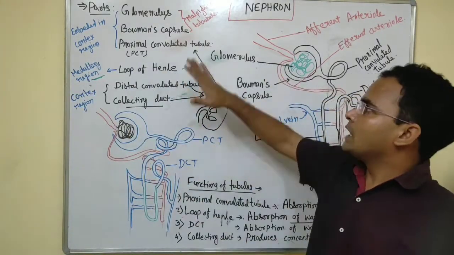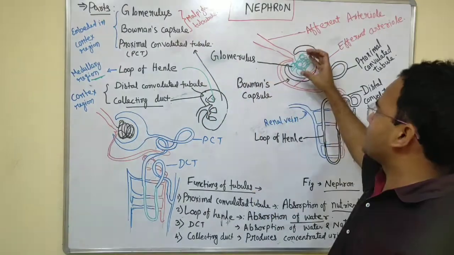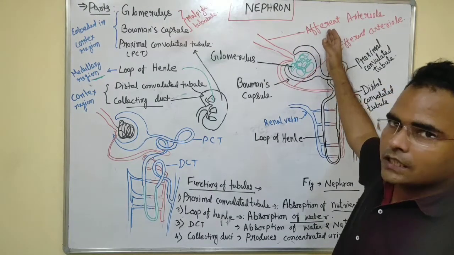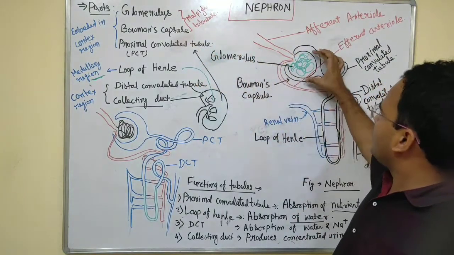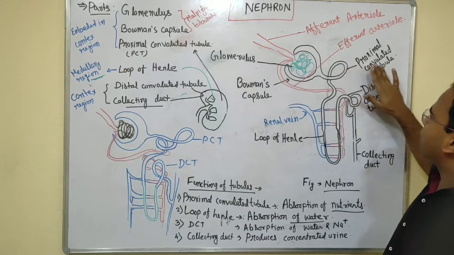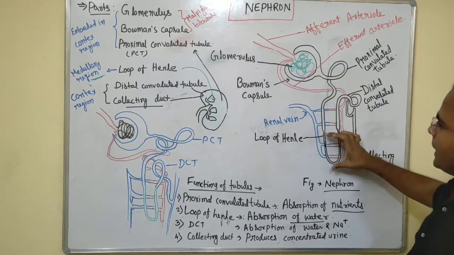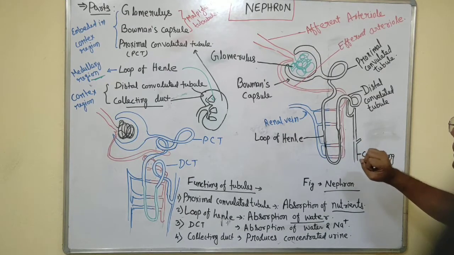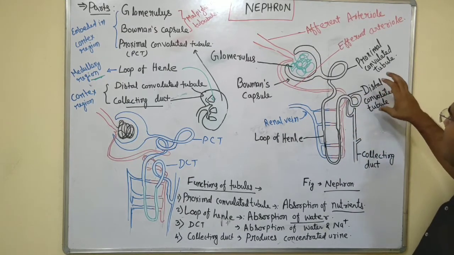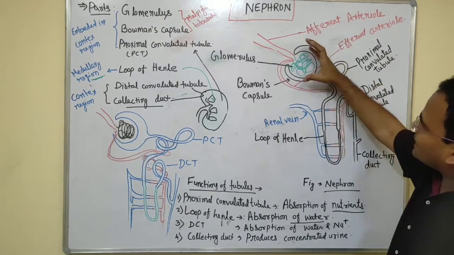Just have a recap. These are the parts. The kidney consists of the Bowman capsule, which is a cup-shaped structure. Inside, a network-like structure of the arteries, afferent and efferent arteries, is there. That is called the glomerulus. This Bowman capsule extended outward and forms the proximal convoluted tubule, and it extends further, which makes the descending and ascending loop of Henle, where maximum reabsorption of water will be there, and whatever water is left and other ions like sodium are reabsorbed in the distal convoluted tubule.